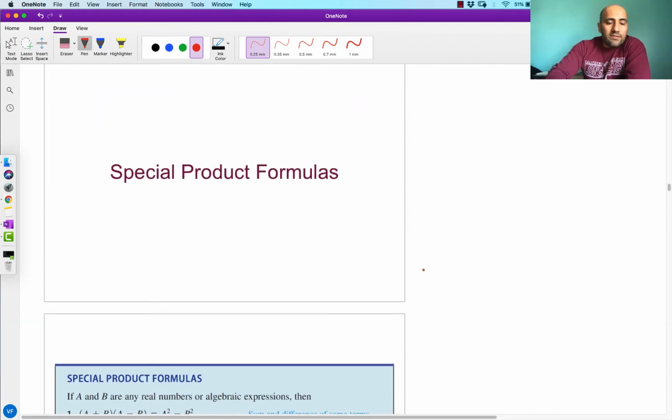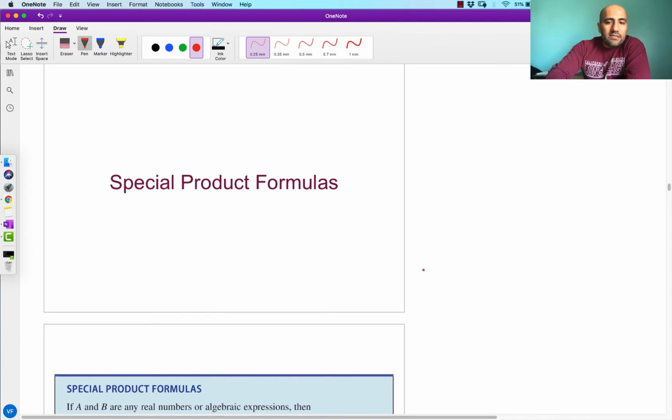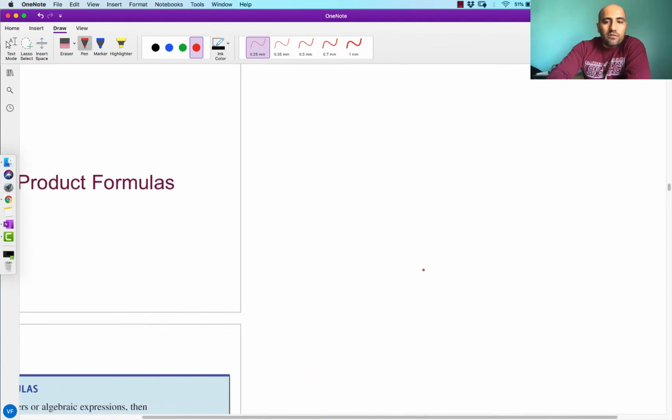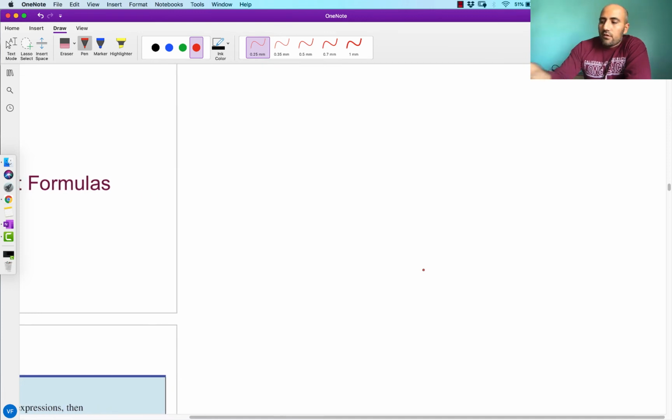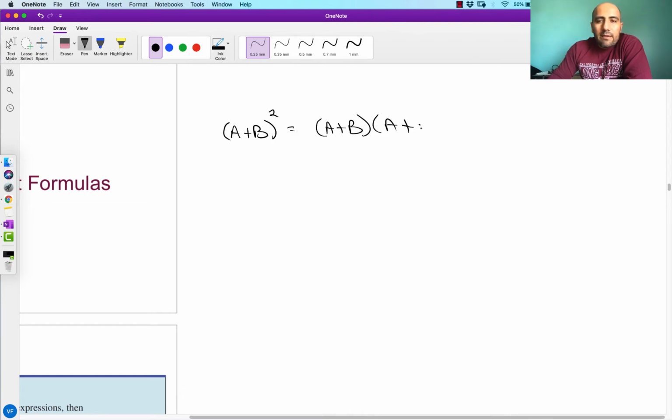Special product formulas. Okay, so there exist some common results, some patterns that can be established from some typical multiplications. So for instance, if we multiplied a plus b squared, which is the same thing as a plus b times a plus b, if we applied our good old FOIL method, it's the first, the outer, right? First, outer, inner,